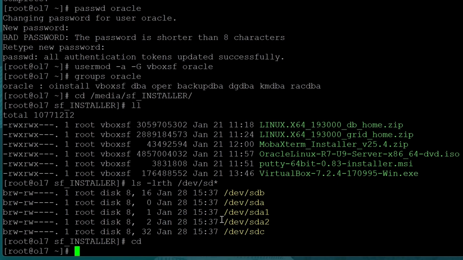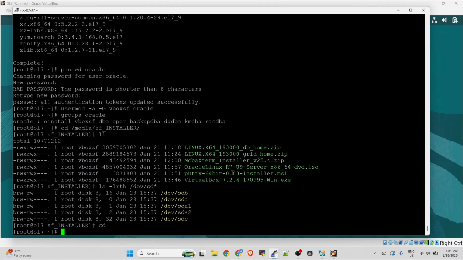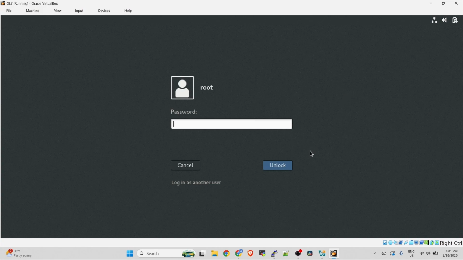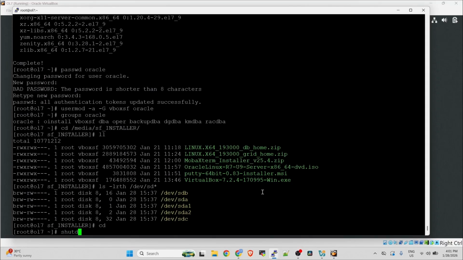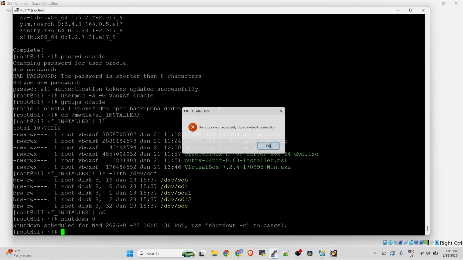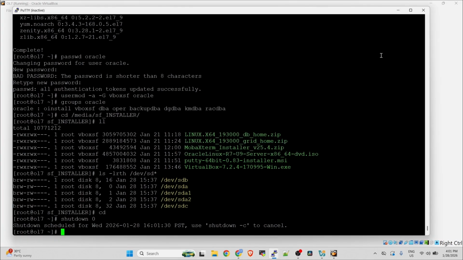And then what else can we do? So basically, we already installed the Oracle Linux 7 operating system, and it's now ready for us if we want to install any application to this operating system. So next thing we can do is shutdown now, shut down our operating system and then create a snapshot.